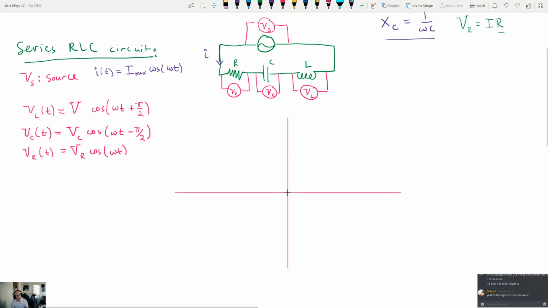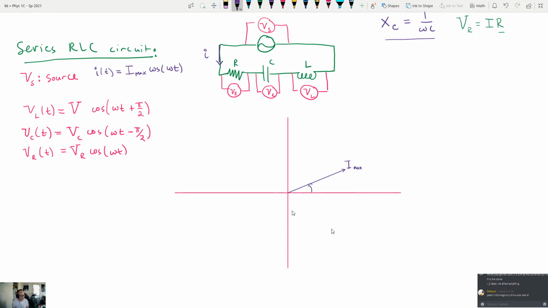Let's say the easiest way to do this is to put everything on. I'm going to do it like this. Yeah, I feel like that's kind of lazy. So here's our current. This is our current phasor. Remember that the current phasor is set up so that the length of the phasor is I max. And the angle made right here,